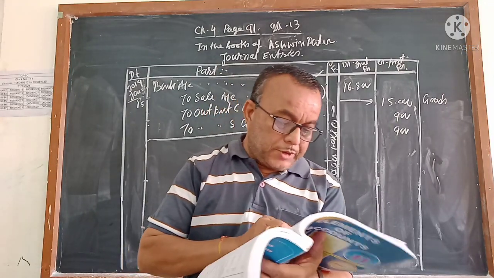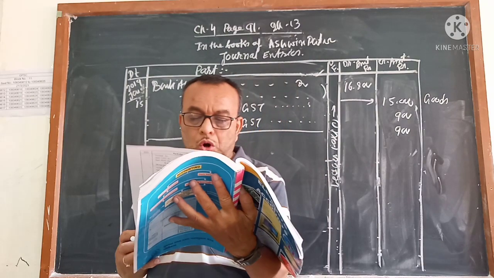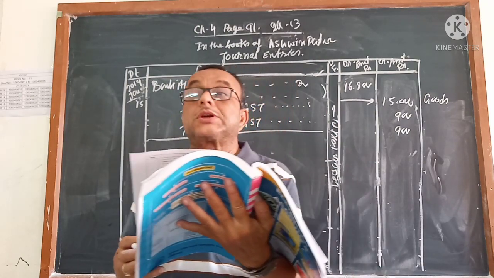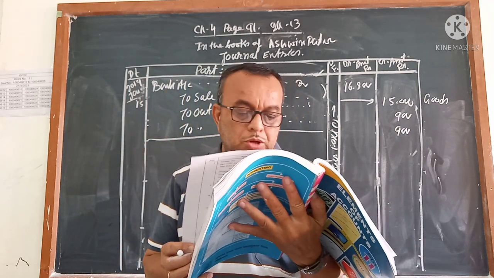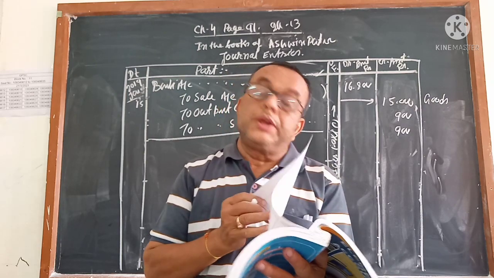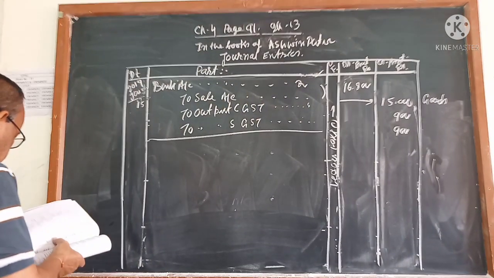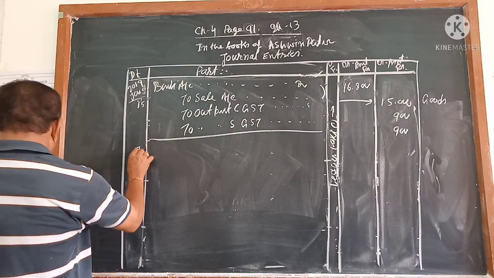Next comes after 15, 17. On 17, goods of rupees 20,000 sold, again sold to Vinod Bhai of Valsad. Where is Vinod Bhai of Valsad? He is in Gujarat. Railway freight 1,000 and 1,000 wages paid on his behalf. This is 17. Once again, a sales transaction. Let me write the answer first, then after that I will explain it.